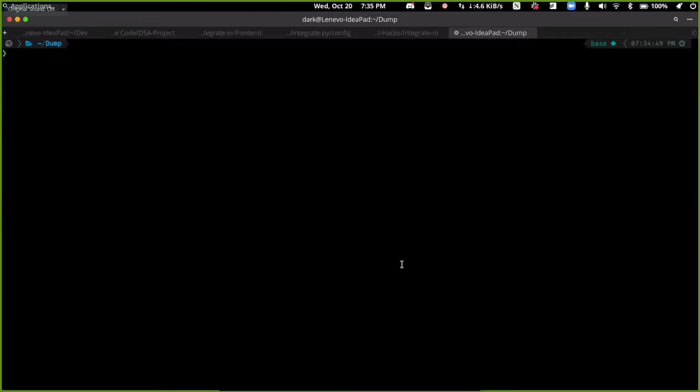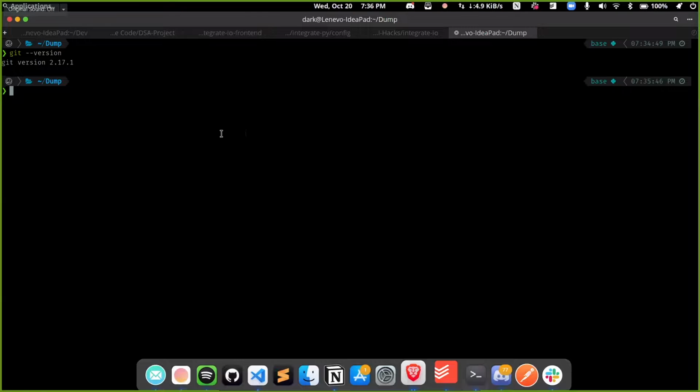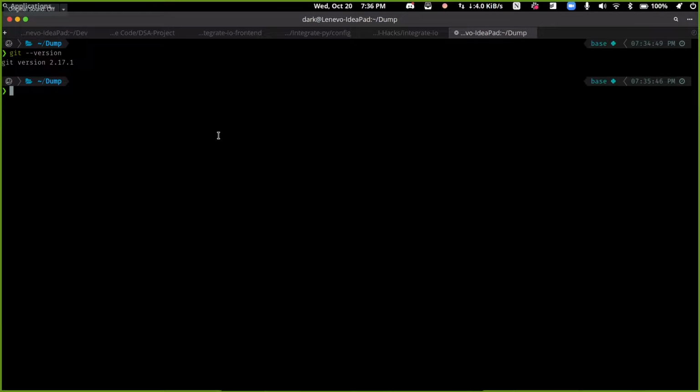After that, you can check with git --version. This is the terminal or the command line you can use, say, in Windows. Git --version. If you see something like git version 2.17 or something like that, it means that your Git is properly installed. If you see some error like Git is not found, it means that your Git is not properly installed. There are tons of tutorials on YouTube on how to install Git. We'll not go into that. Now I'm assuming that you have Git installed on your computer.